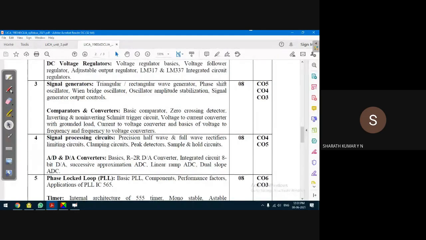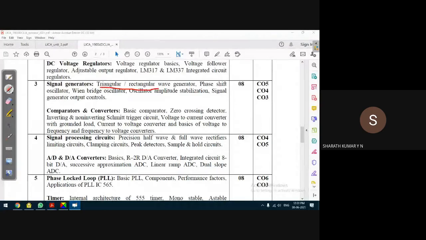Guys, observe this. What we are discussing now is the signal generator, in that the triangular or rectangular waveform generation. Here we make use of the Schmitt trigger circuit, which we discuss in the next topic. This is a problem in this syllabus; in the earlier syllabus we had a structured syllabus. What we have to understand is that there exists a circuit known as a Schmitt trigger circuit, which is a multivibrator, and more on that we'll discuss in the next topic. That's why I showed the syllabus. The Schmitt trigger circuit we are going to discuss in the second part of this third unit. So let us look into the circuit now.